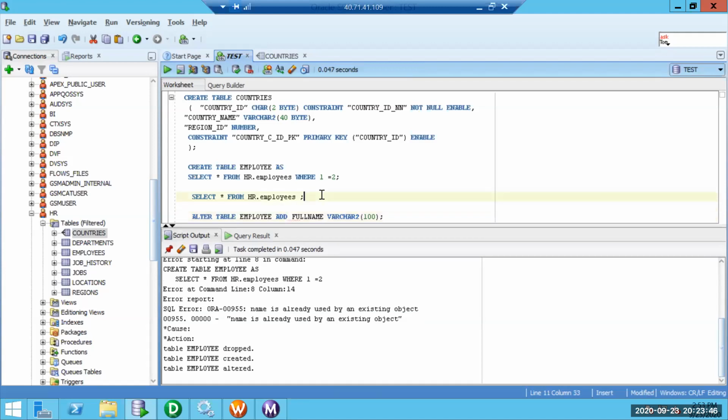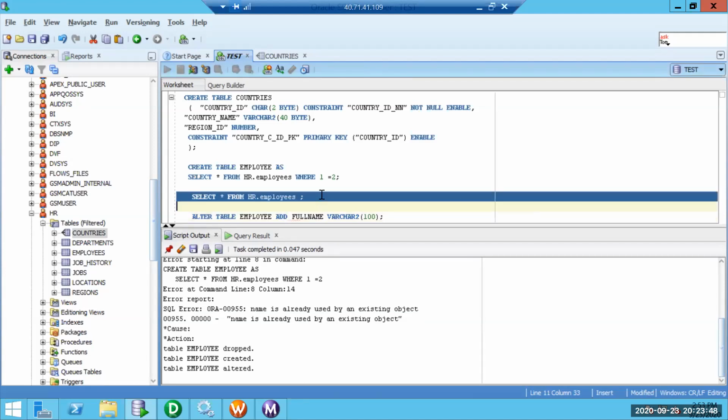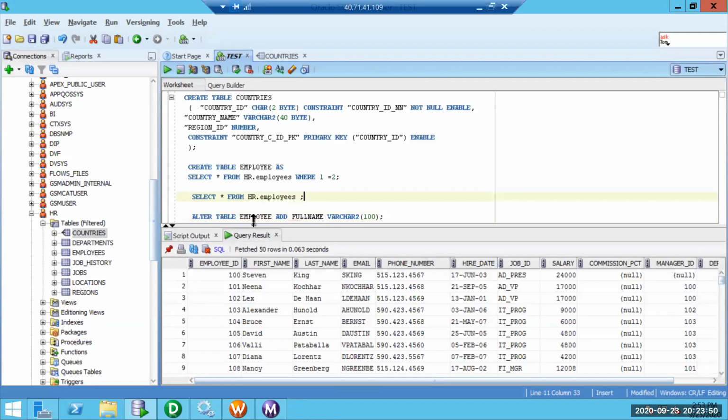The column gets added to the test schema, not to my HR schema. So we'll have another column.